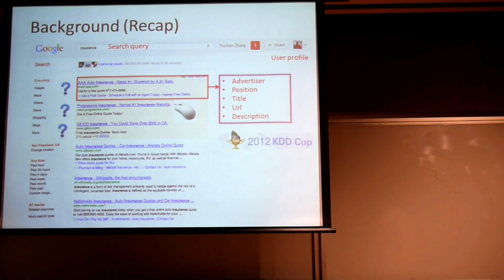And for the experiment, we have used the KDD Cup 2012 dataset that is collected from Soso.com, the third largest Chinese search engine in the Chinese market. And it contains 641,000 distinct advertisements that have been shown to the user for 235 million times. So this is the largest data set of this kind that has ever been released to the public.